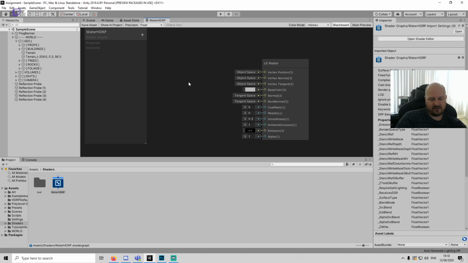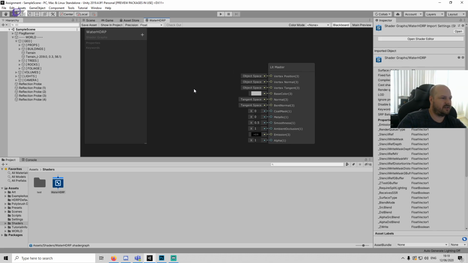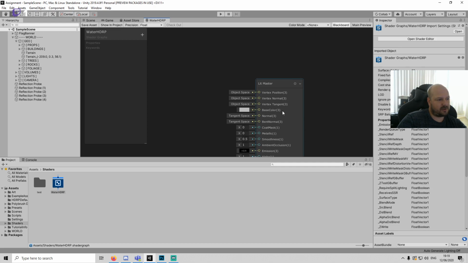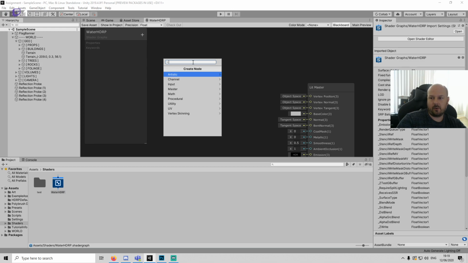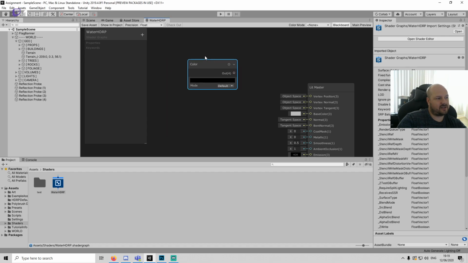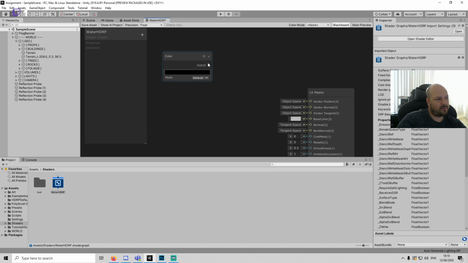I'm just going to get started with this. It's not that complicated at first, and then it's going to get more and more complicated as we go along, but you'll see. The first thing I want to play with here is my color. You can just hit space, and then you can create a node. In this case, I want to create just a color. By typing color, you can click on it, and it adds a color node. So this is a node. Now if I put this in my base color over here and hit Save Asset,